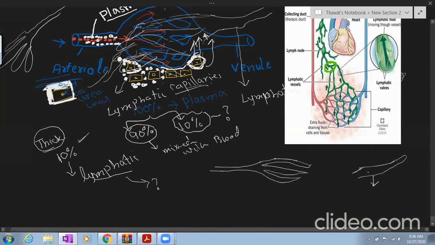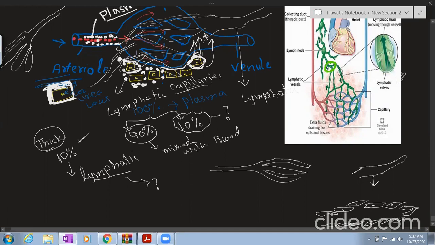Now, for example, I'm considering one lymphatic capillary, right? And I'm taking one of the cells of this lymphatic capillary. These are one cell thick, but the cells are in this manner. They are like this. You can see. And same for the other lining, it's like this, right? So what is happening exactly? This is a lymphatic capillary. Boys, be with me. This is the lining of the lymphatic capillary.